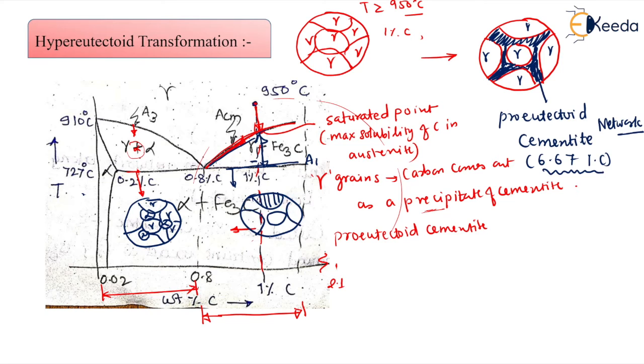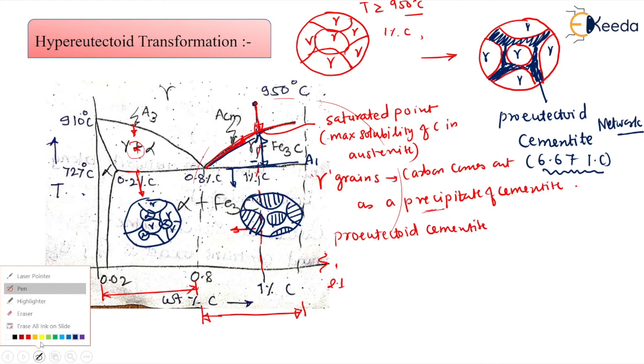So below the A1 line definitely, whether it is hypoeutectoid transformation, eutectoid transformation or hypereutectoid, it forms layer by layer. What is inside? One layer of alpha and another of cementite. Alpha, cementite, alpha, cementite. But in hypereutectoid, what extra are we getting here? We are getting this additional cementite precipitated along the grain boundaries,